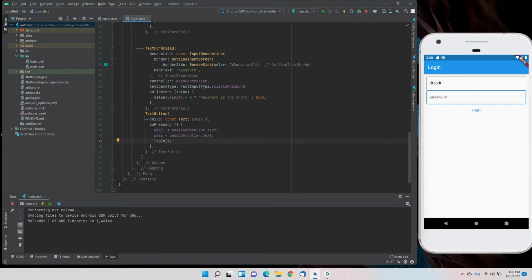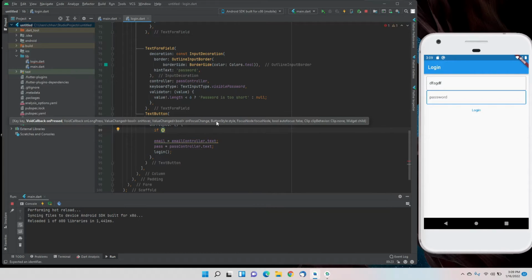Now we'll start implementing this validation in our text button, so that it is validated when we click our button, right? In the onPressed function of the text button, we'll add a function. Our function should be that if the current state of the form key is validated, so if everything is valid, only then we execute the function.